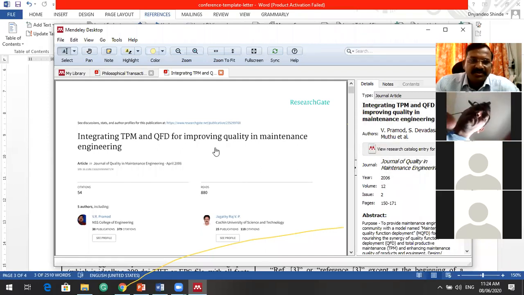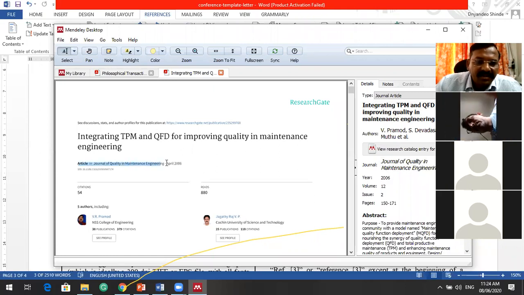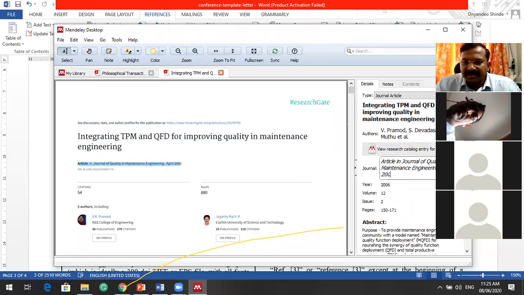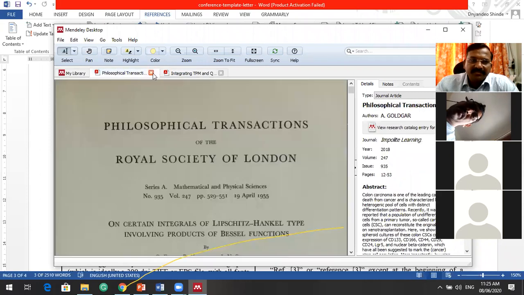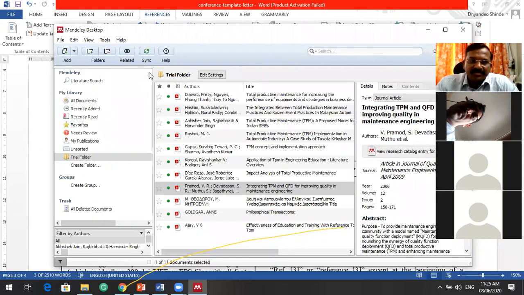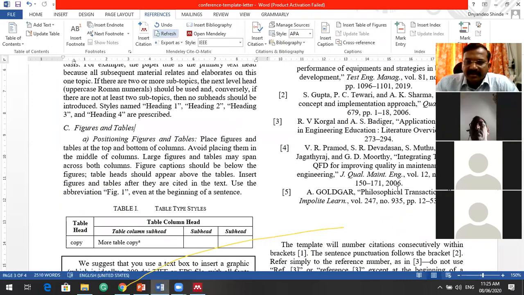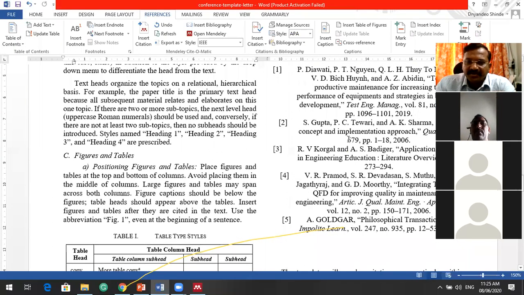Sometimes if it is showing the short form, you can select the name of the journal and paste it. Sometimes it may not show some parameters. So you can go and edit in Mendeley, come back, refresh, and it will change. So this is how you can change it.